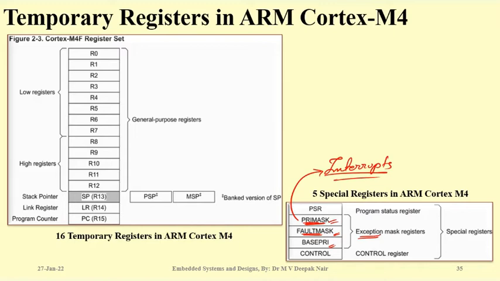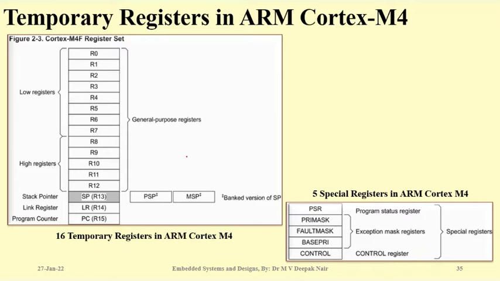I will show you that also. So these 3 registers together are called exception mask registers, which will tell you the details about interrupt related issues. Apart from that, one more register is there, which is called the control register. So these are the 5